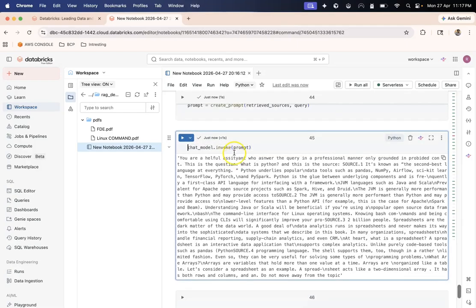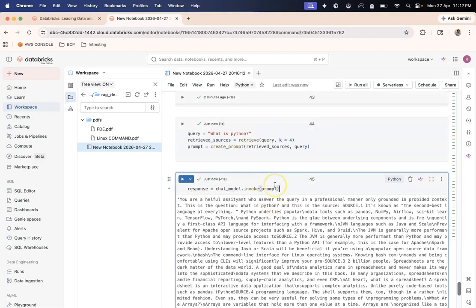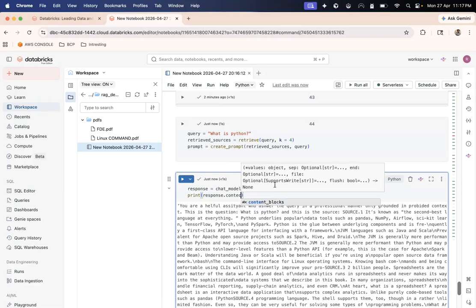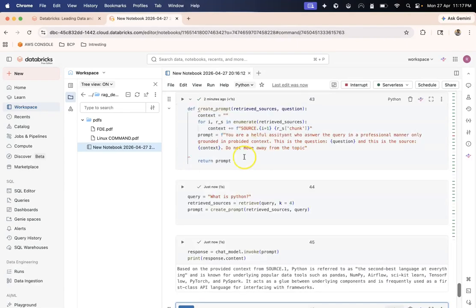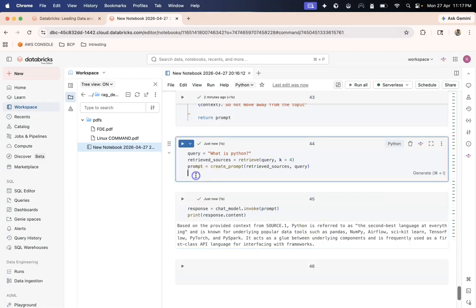Okay, so let's save it as response and let's print response.content. Let's run this. And now you see, based on the provided context from source 1, Python is referred to as the second. You see, now we are starting to see our RAG pipeline fully set up.